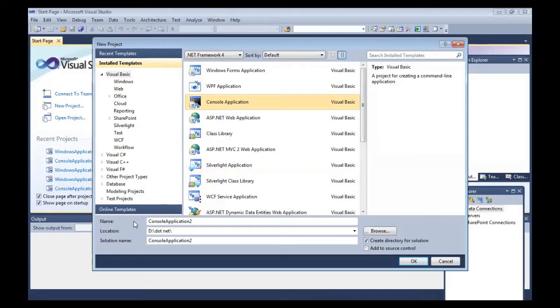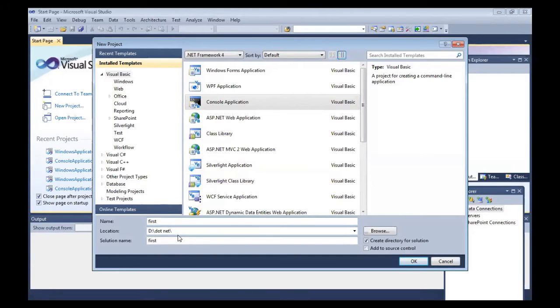By default, it has the name Console Application 2. You can rename this. For example, if you want to give your first .NET application a name, you can rename it. The second thing is the location where you can save the .NET application.